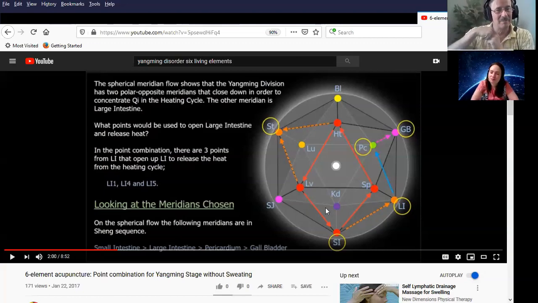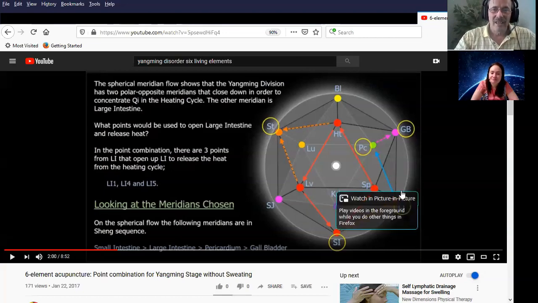Are you following me? Mm-hmm. The energy comes through into this heating cycle, and you see these two orange circles going to the stomach? That's the heat. Yes. That's the heat passing through the stomach. And then there's two arrows going away from stomach to the back side of the sphere where that heat is going to cool down. And then as it goes through on the backside, lung, pericardium, and kidney,